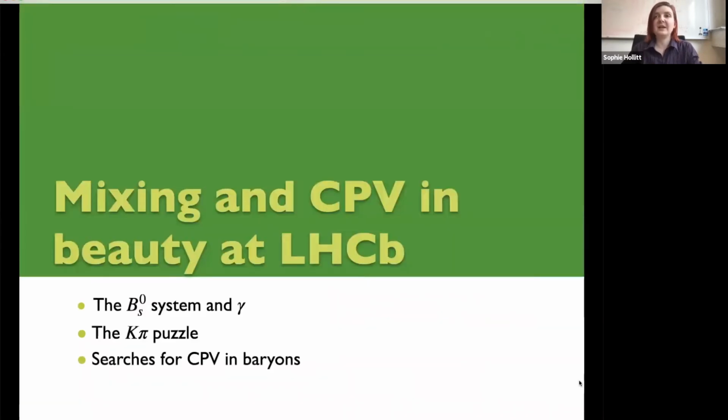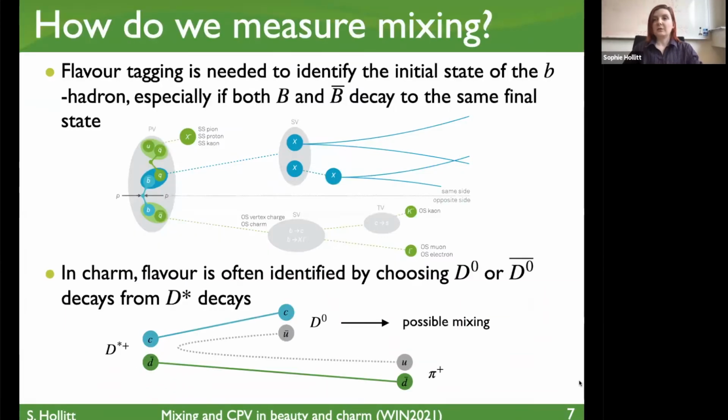So let's begin with mixing and CP violation in beauty. So first of all, before we talk about anything else, we need to explain how we measure mixing. So flavor tagging is needed to help us identify the initial state of the B hadron, especially if both the B and B bar are decaying into the same final state. So what we have here in blue is our decay with our original B quark in it. And we can either take a look at the decay products on the opposite side,